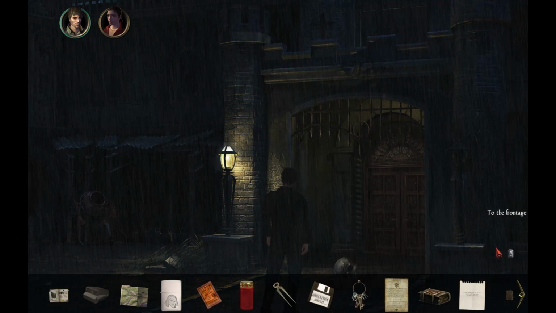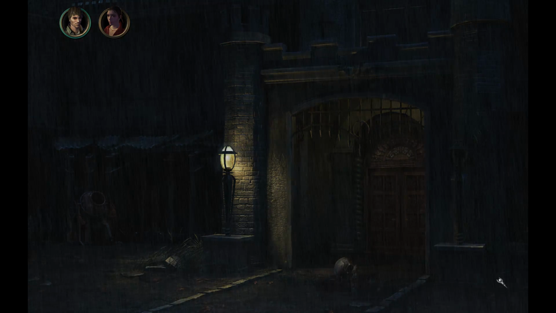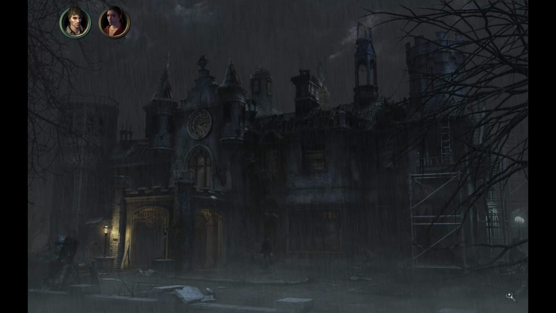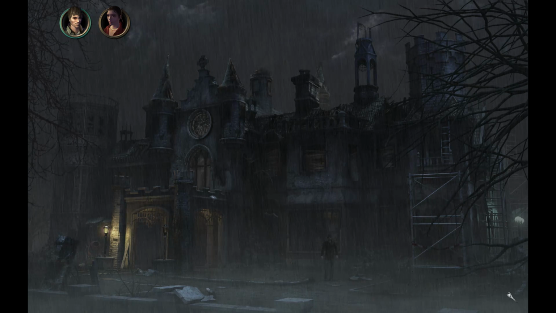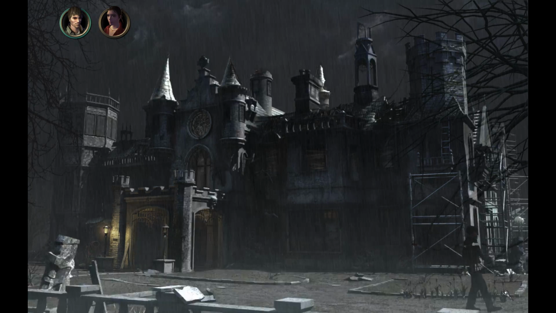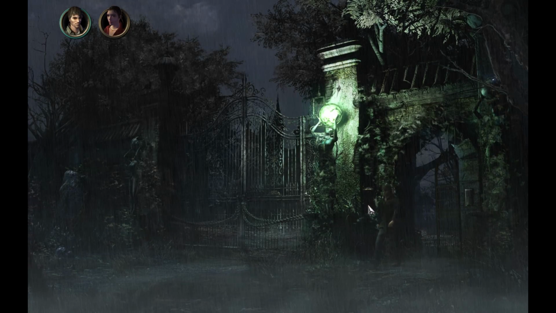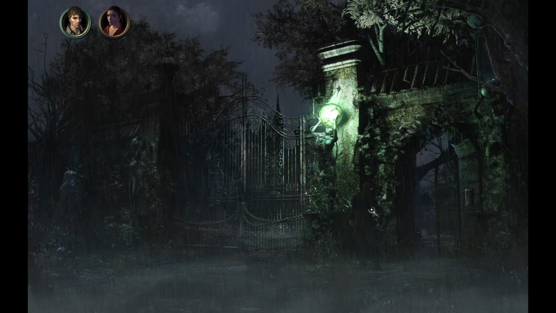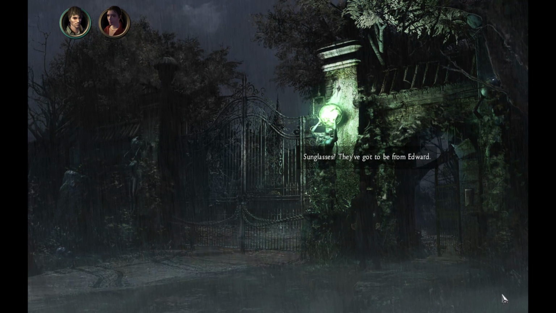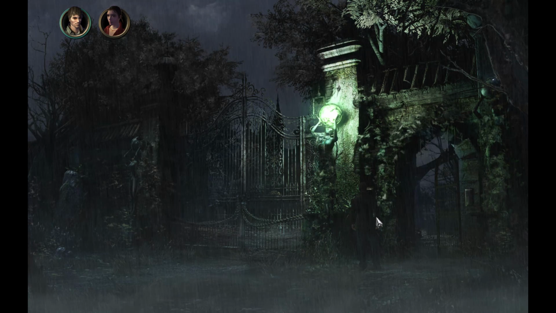Alright. And we've spent a lot of time in the rain in this game. Let's see. It would be interesting to find out where we can go and where we can't. Our eyes are no longer black, so we can theoretically travel to more places. Sunglasses? They've got to be from Edward. Actually, an umbrella would be better right now. But what the hell? Edward's the new butler